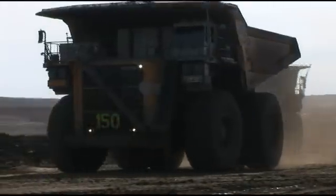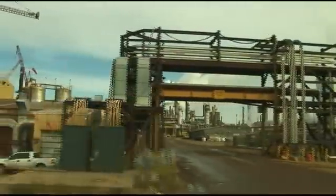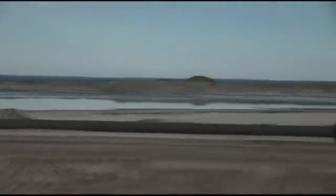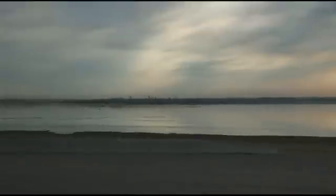The mined oil sands are transported to a nearby processing facility where the oil is separated from the sand, water, and other components, including sulfur. The sulfur is processed into large blocks and sold for medicines and other products. The sand and clay are captured and used to reclaim the land later, and the water is pumped into ponds